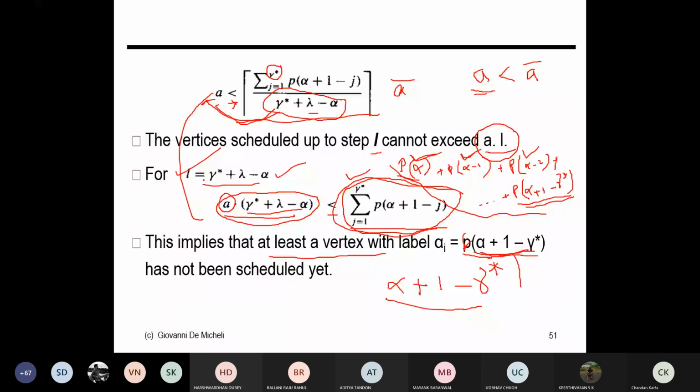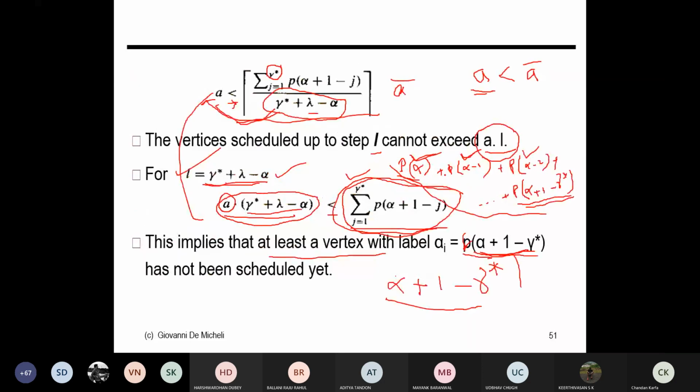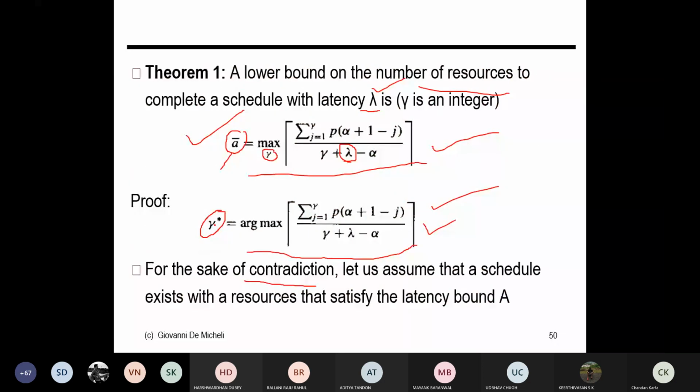I am now in this time step, so the total time required to schedule the behavior is this plus this. That is what I've done here. If you just do this plus this, it turns out to be lambda plus 1, right? Which contradicts my assumption, because I assumed that I can achieve a schedule with lambda, but it's taking lambda plus 1. So that means I need a bar number of resources, not less than that. So this is my lower bound to achieve that. Okay,